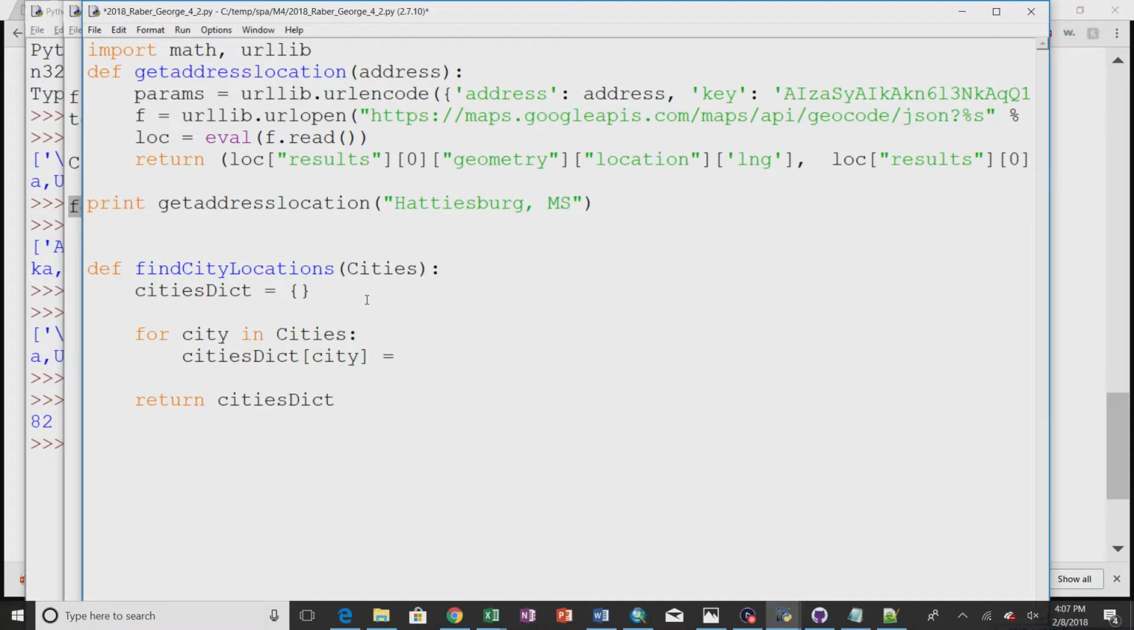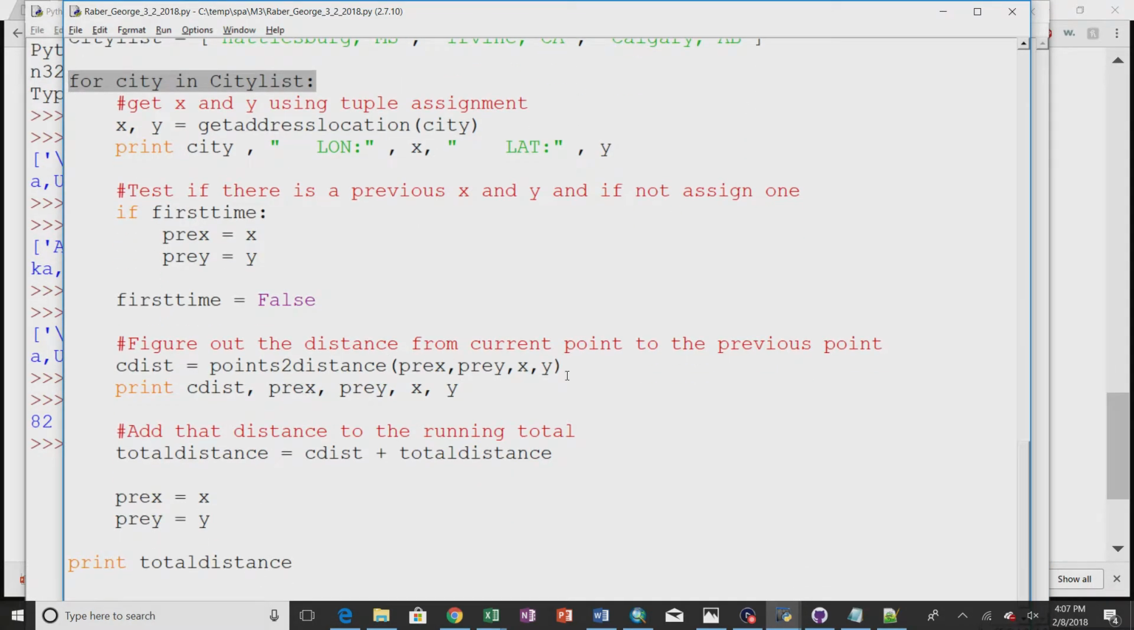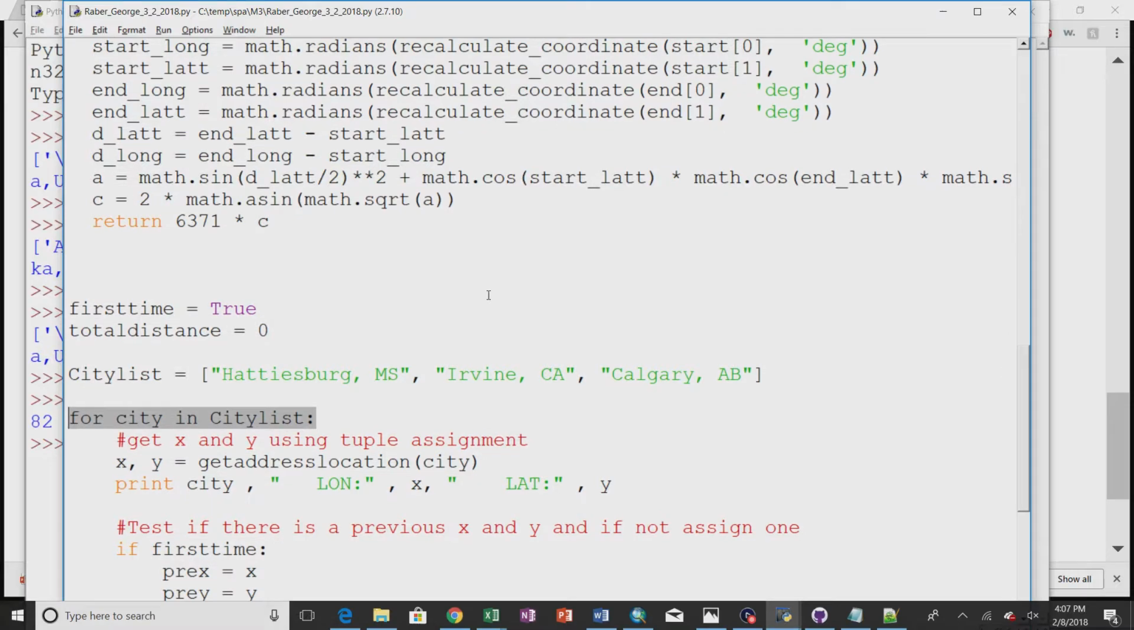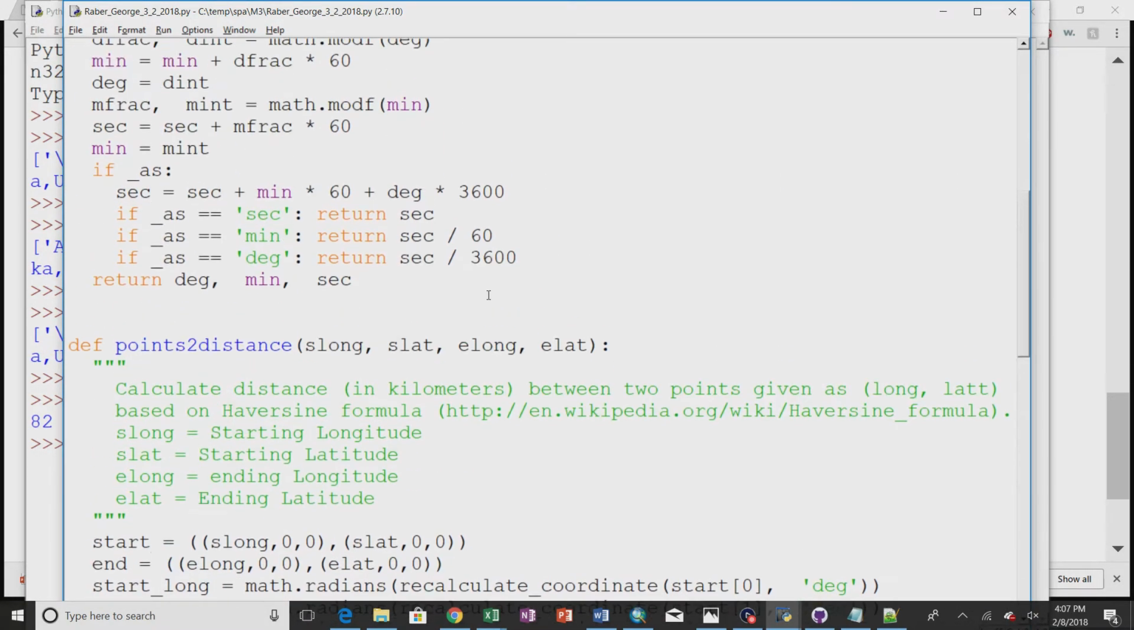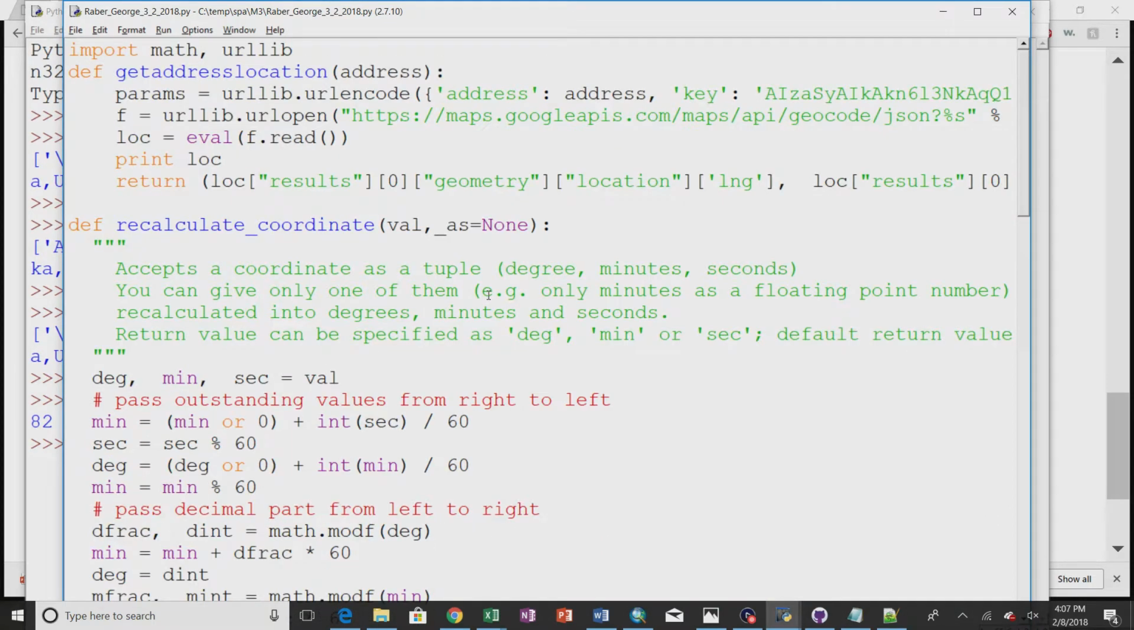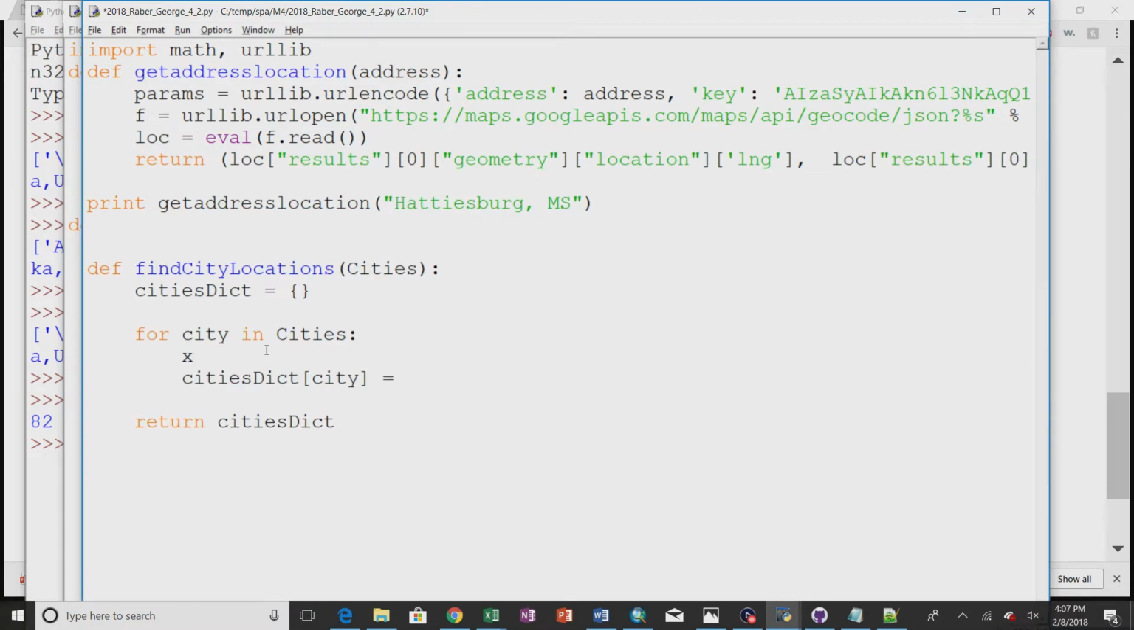Okay. Well, let's just pull x and y out here. Did we ever call that? We didn't actually call this function. Yeah, we called this get address location. So what we're going to do is say x comma y equals this. What do we feed in for the address? Remember I told you, even if there's just the name of a city. So we're going to feed it the